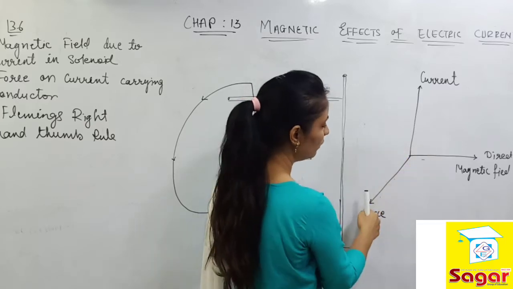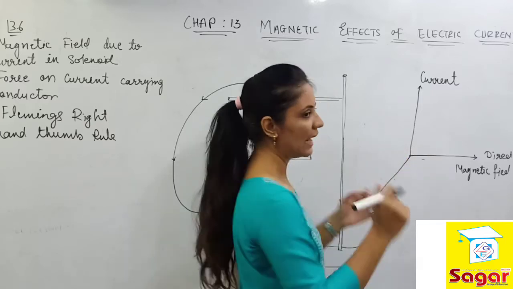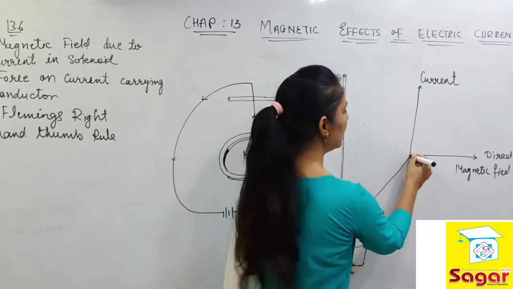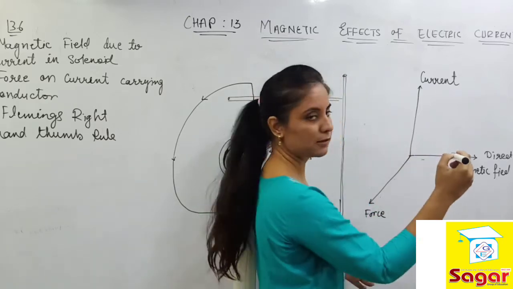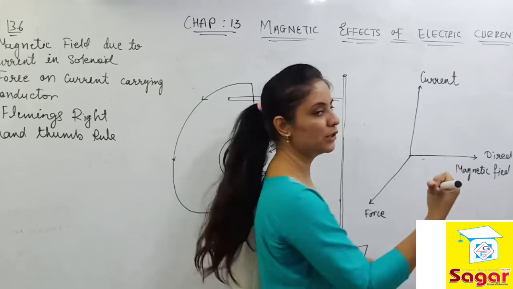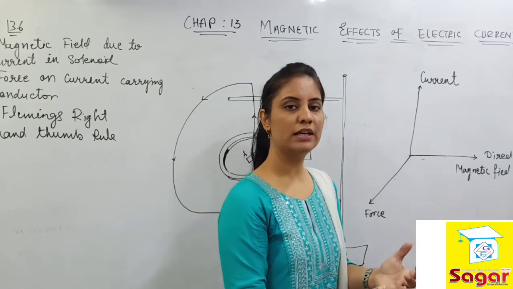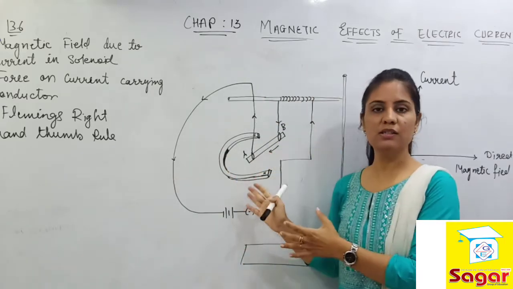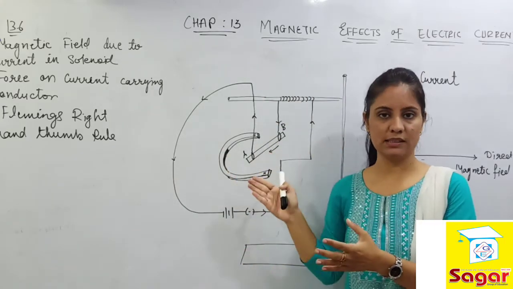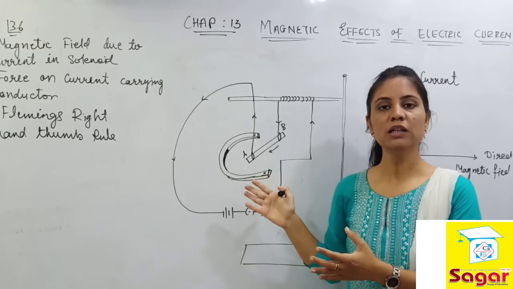Here I have shown it with this line, but actually we can imagine that the direction of the force which acts onto the rod is emerging out of the board like this, so it will act towards your side. This is the actual direction of the force which acts upon the rod, and that is the reason the rod has been displaced. That is the reason the rod has been shifted.